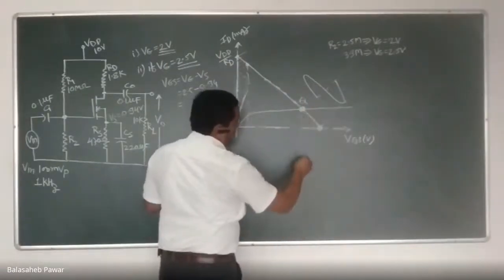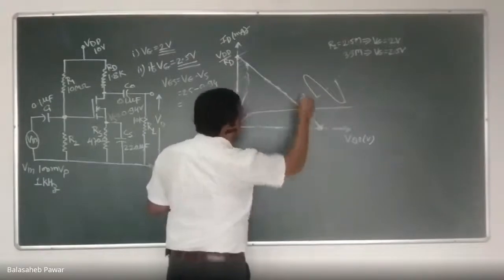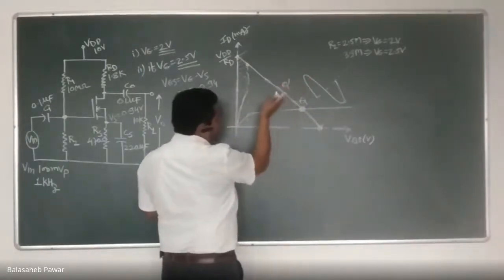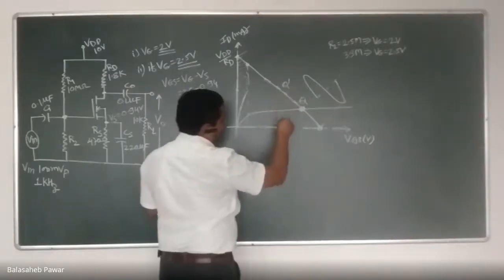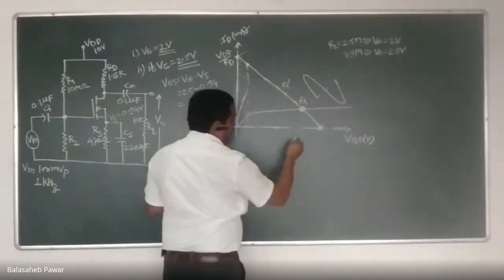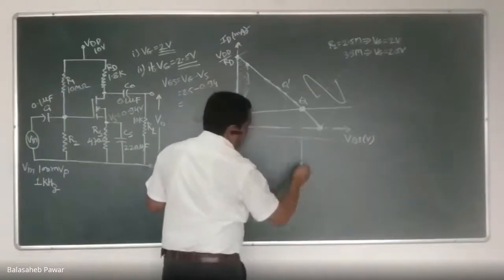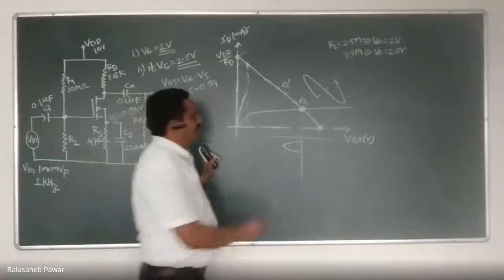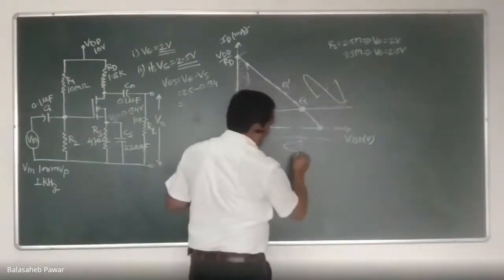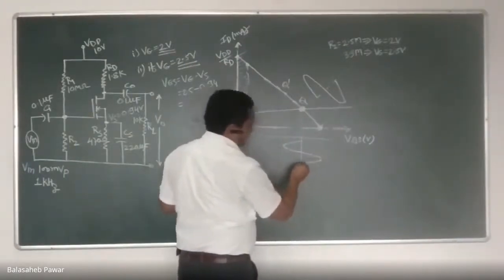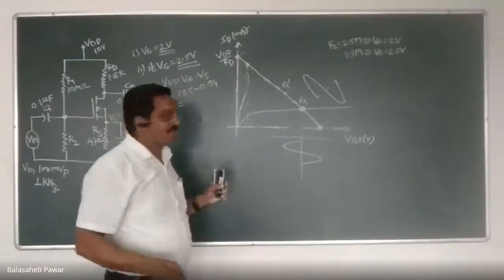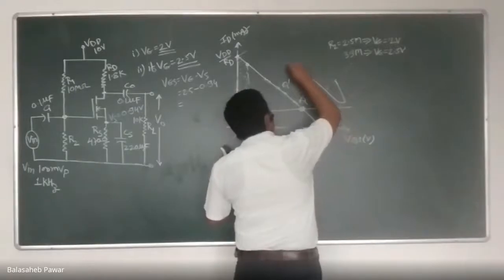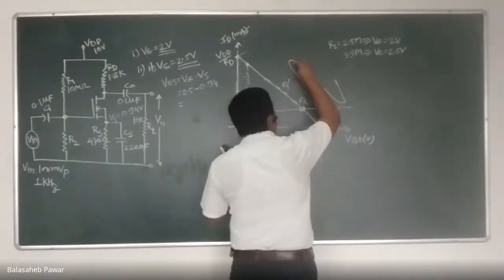Now, try to obtain the nature of the output. You will observe that during the positive half of the input, Q gets shifted to Q dash. That means it remains within its saturation region. So the obtained output will follow the input without any clipping. Right. During the negative half, again, I can obtain this much. But beyond this 100 millivolts, suppose I try to apply, for example, again 300 millivolts like this.